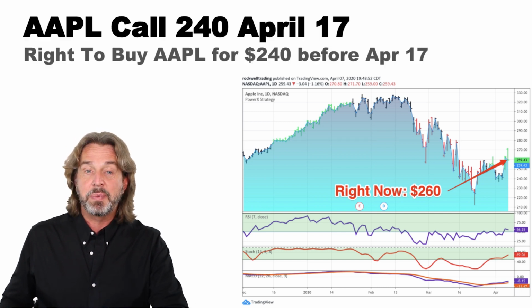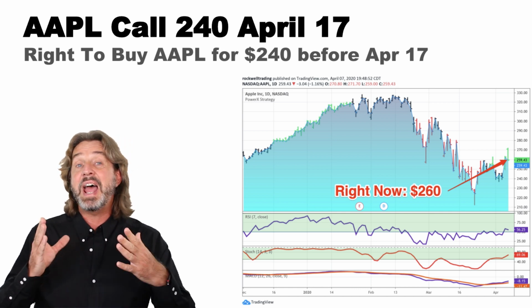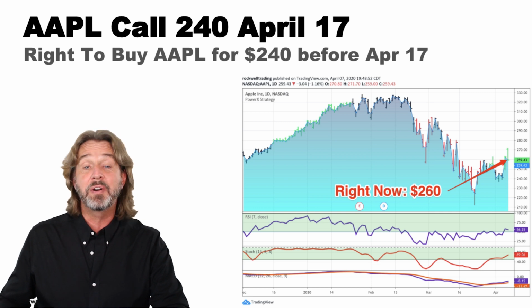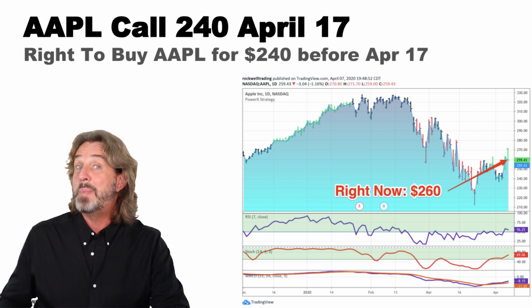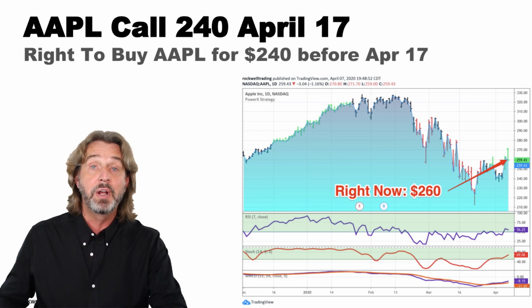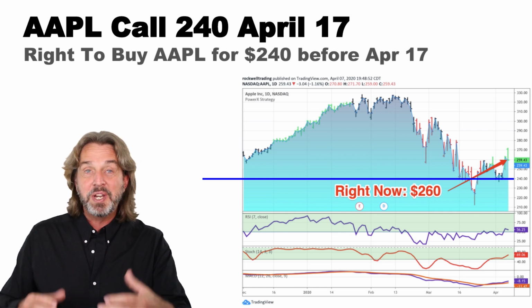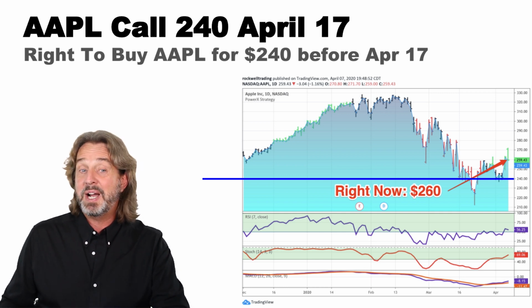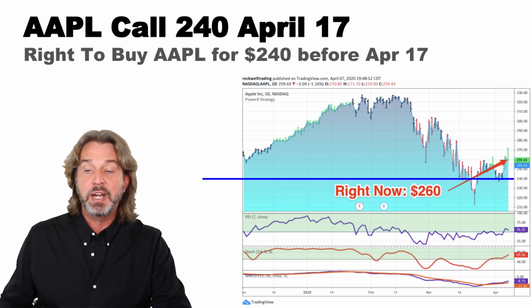Let me give you another example. Here is a different strike price. So this is an option, an Apple call option for $240. The strike price is $240, and the date is April 17th. So this means that you have the right to buy Apple for $240 before April 17th, on or before April 17th. So when you own this option, you have the right to buy Apple for $240, and right now Apple is trading at